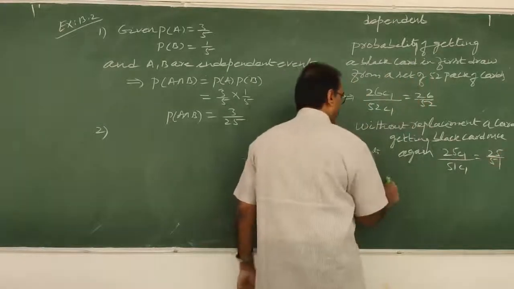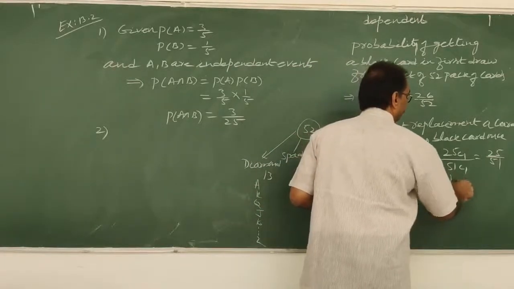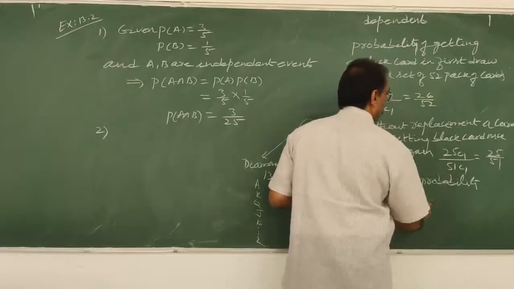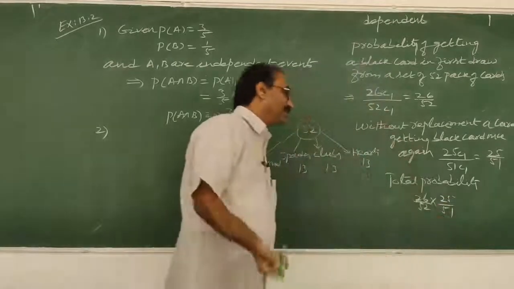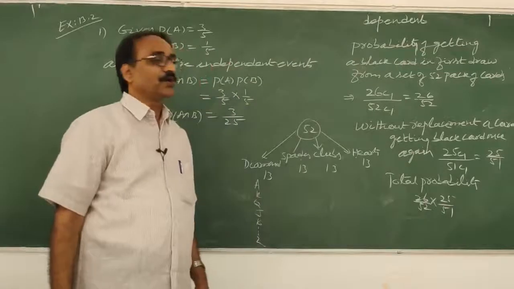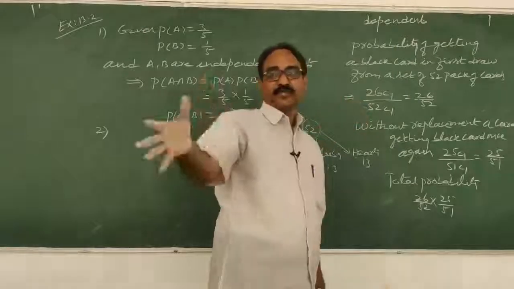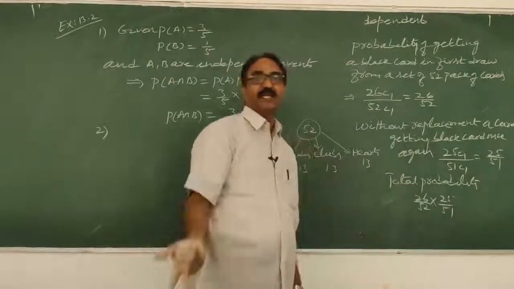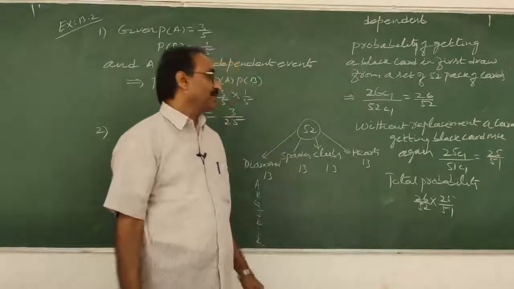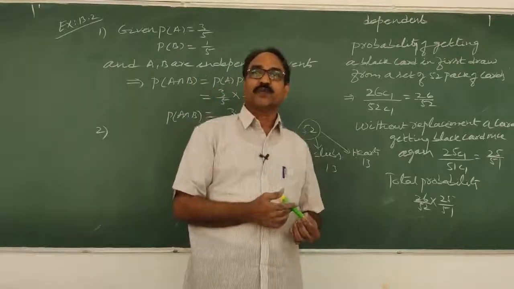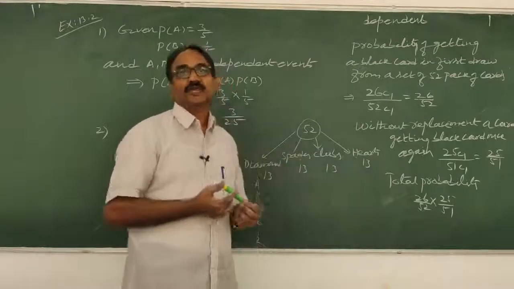So total probability, the final probability. What is the total probability now? Total probability is 26 by 52 into 25 by 51. Whatever simplification you do, that is a different matter. Why are you multiplying? Simultaneously, I have drawn and kept outside, and again I draw. So this is happening simultaneously. When two events are happening simultaneously, you have to multiply. So 26 by 52 into 25 by 51. So this is called without replacement, and the events are affected. It is not independent events. This is called dependent events.